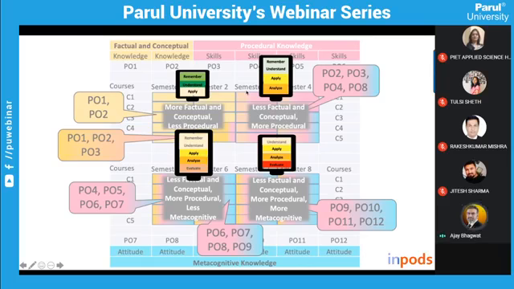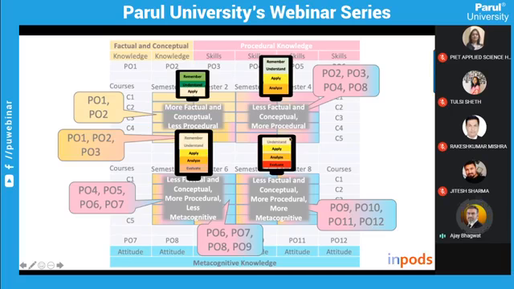You can see from here, it's very logical to say that a course in a particular semester is supposed to take care of only certain program outcomes, and that this derivation can come only after you analyze what knowledge this course is delivering. The moment you get that idea, it becomes extremely easy for you to check the association of this course with what kind of program outcomes it is achieving, helping the students to achieve. And based on that, the mapping can be easily identified. And that is the program articulation matrix.